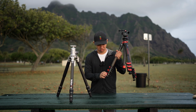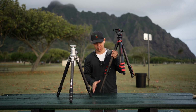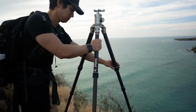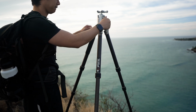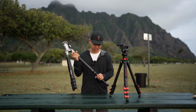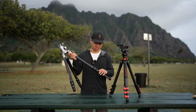You don't have the same issue with lever locks because as soon as you lock the leg down, you know that everything is nice and stable. Now, when I was using this for the past 2 weeks, I just had to take the extra minute or the extra mental effort to really make sure that if I'm going to tighten the leg, I tighten them down fully. But that kind of incurs a different issue all on its own, which is the rubber